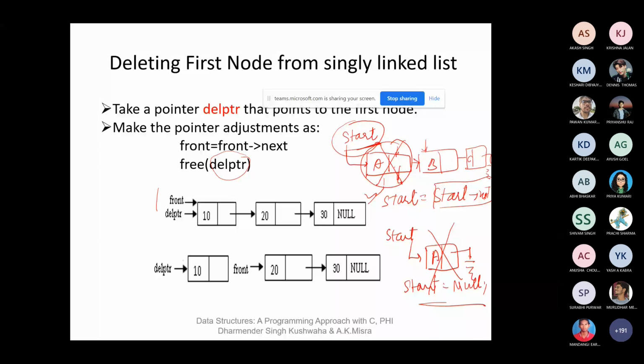वैसे भी अगर स्टार्ट टू नेक्स्ट करेंगे वो उसका जो भी एड्रेस होगा, अगर एक ही नोड है तो क्या होगा, वो कंटेन्स द नल वैल्यू कंटेन कर रहा होगा. सेम थिंग, बट वी कैन ऑल्सो राइट इन दिस वे लाइक स्टार्ट इक्वल टू नल. अपडेट जो हो जाएगा स्टार्ट का वो क्या हो जाएगा, नल वैल्यू असाइन हो जाएगी. नाउ इन द सेम वे